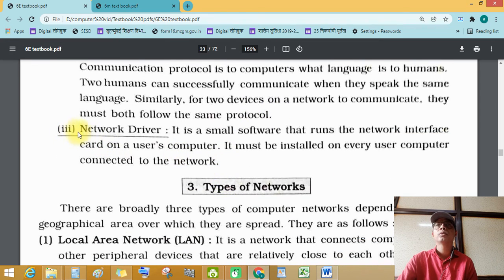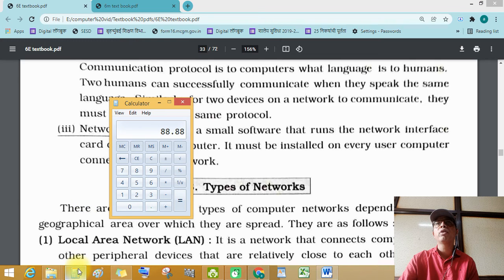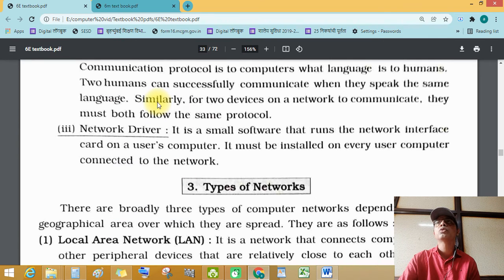Now, network driver. It is a small software to run the network interface. Like this calculator, also a small software for doing sums, the network driver is also a small software that runs the network interface card on the user's computer.